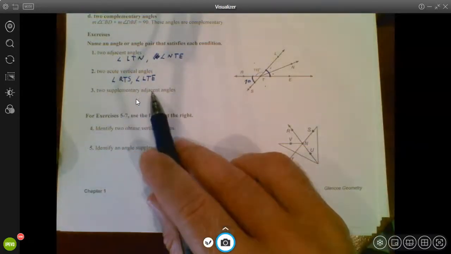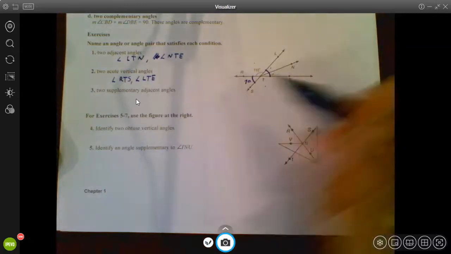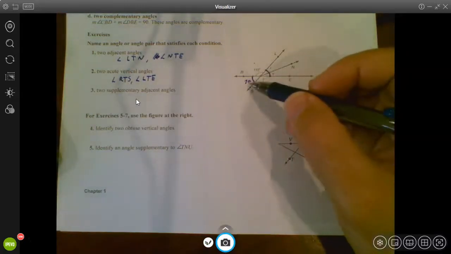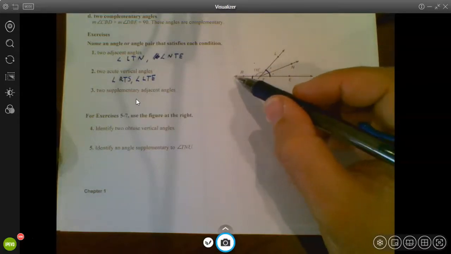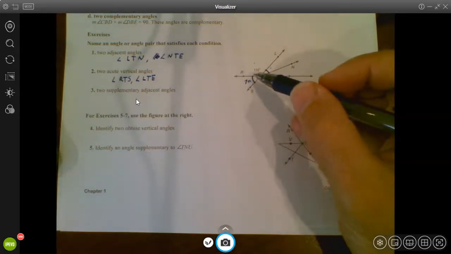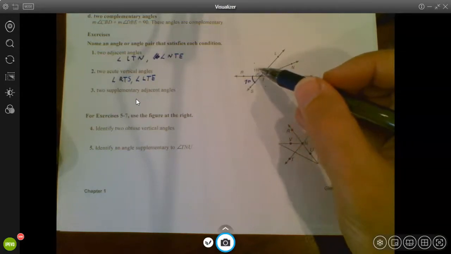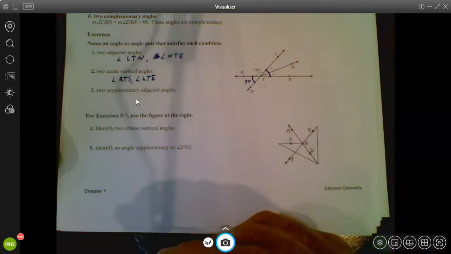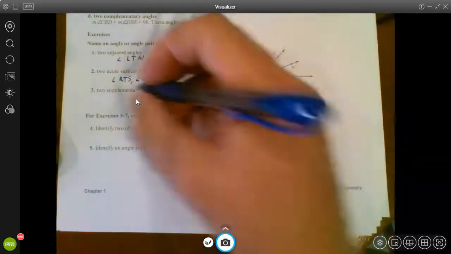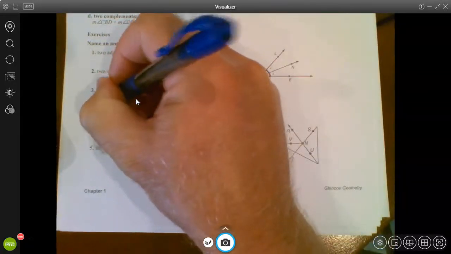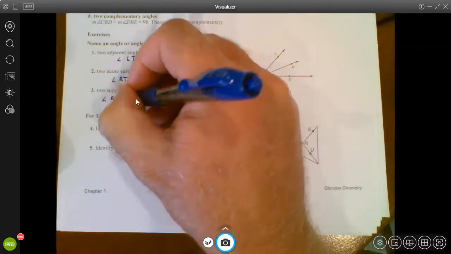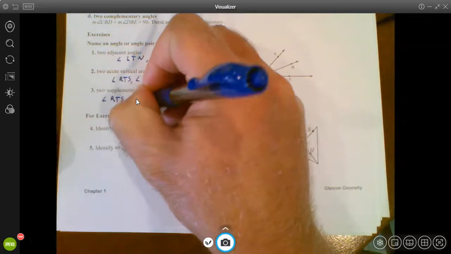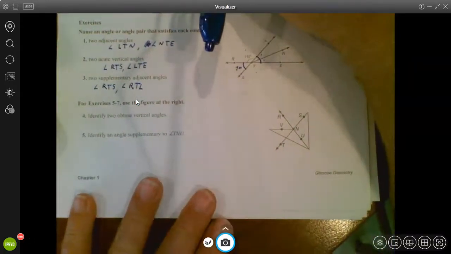Two supplementary adjacent angles. So if you look at the ones I just wrote on, see how these guys are adjacent to each other because they share this common ray. They're also supplementary because they add to 180 since they're a linear pair. So we could say angle RTS along with angle RTL would fit that description. And let's peek down here at these last couple guys, and then we'll turn the